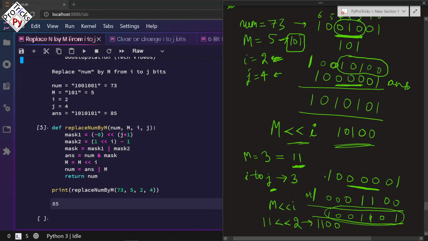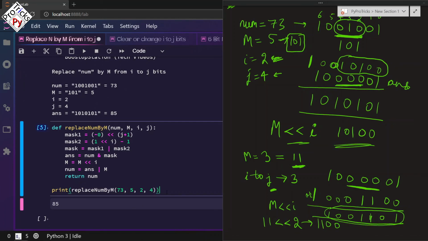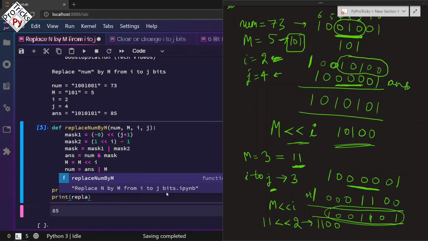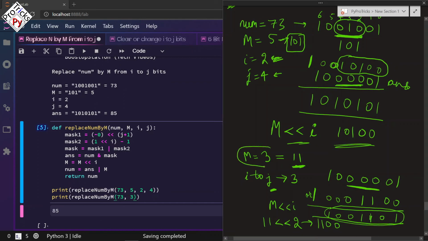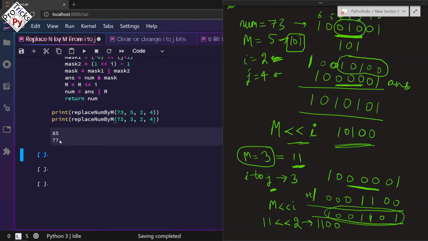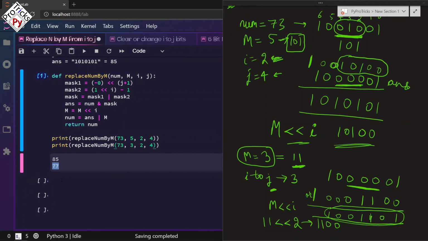Let us calculate it in the IDE. Let us print it right here itself. Print replace num by m, replacing 73 with 3. This is 3, right? We want to set it to this value from 2 to 4. All right, so let us run it, and you can see that we got the answer as 77.